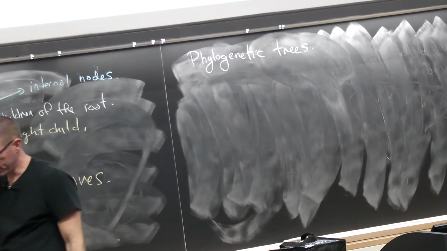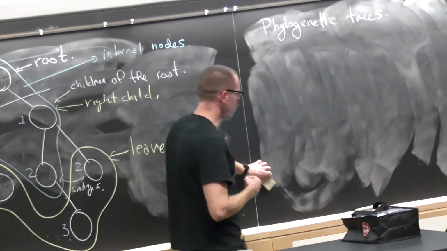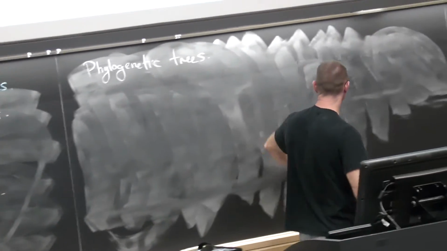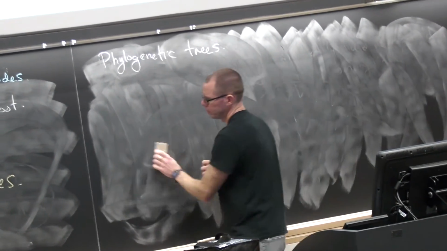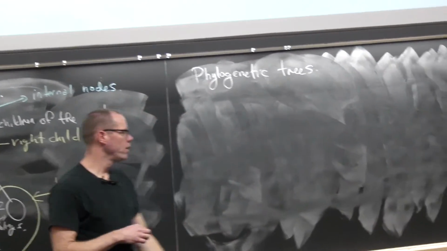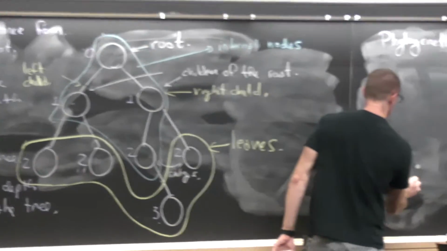So these are things that are supposed to represent evolution of a series of species over time. So for example, here are some species: